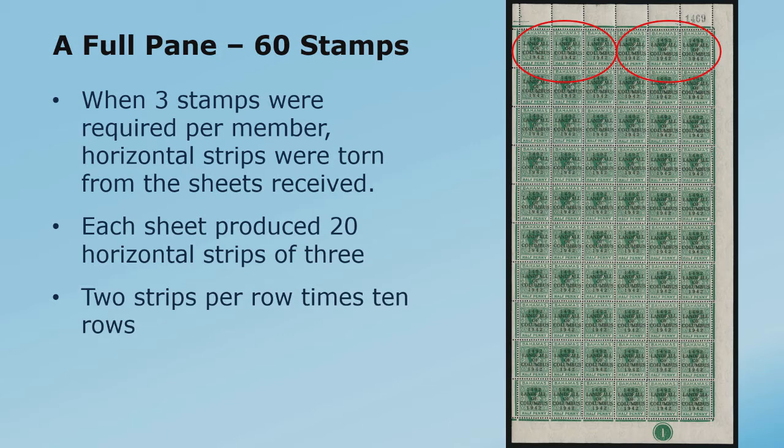Times 10 rows gave you 20 strips for distribution to the individual postal authorities. So a sheet of stamps gave you 20 distributions during the period when 3 per